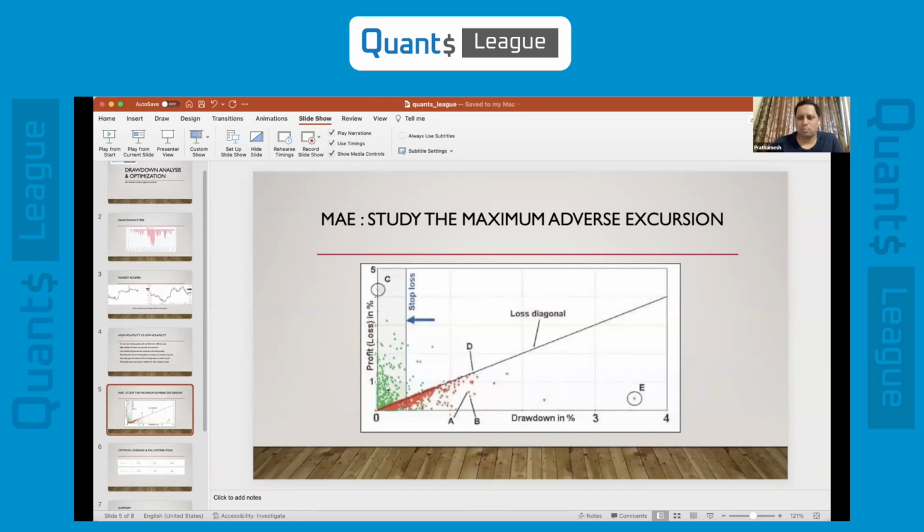Now, you can never find a perfect separation. You will never have a golden holy grail where all your winning trades will come through, but all the big losses will go away. So you have to find a balance. You have to find an optimum level. What you should not do is curve fit this. So if you have AmiBroker or some other software, you should not just test hundreds or thousands of times to see which one gives you the highest P&L. That's very dangerous